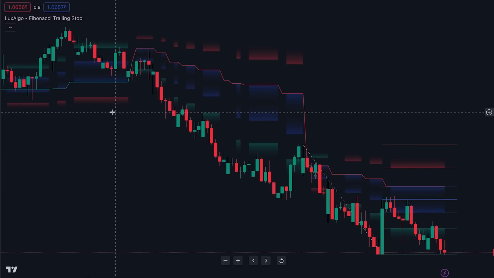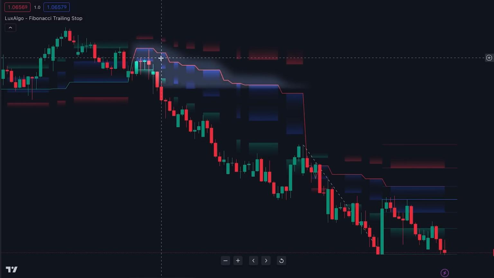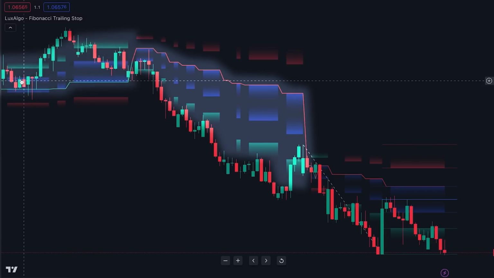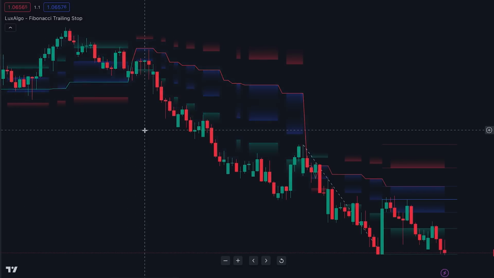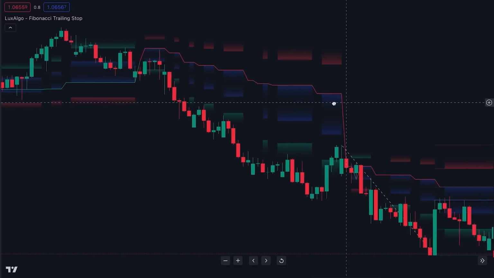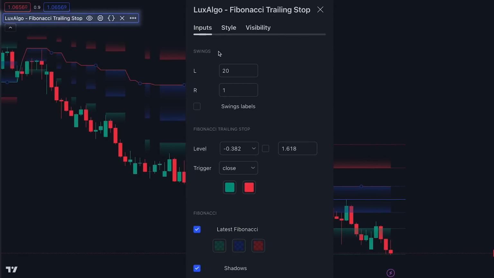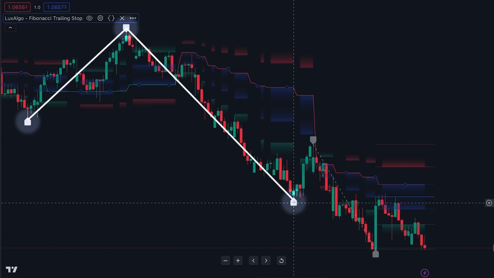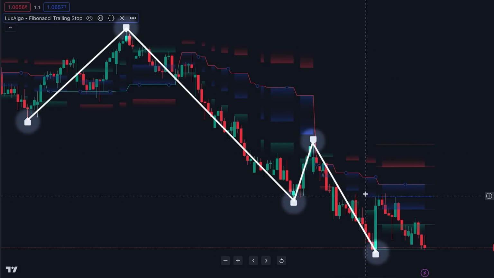If you look at the past data, you'll also notice that these zones adjust in a trend-like format. This happens because the indicator automatically adapts the swing points as the price trends higher or lower. If we go into the settings, by clicking on this gear icon, we can enable the swing labels. This will allow us to see precisely where the swing points are that the indicator is using to make its